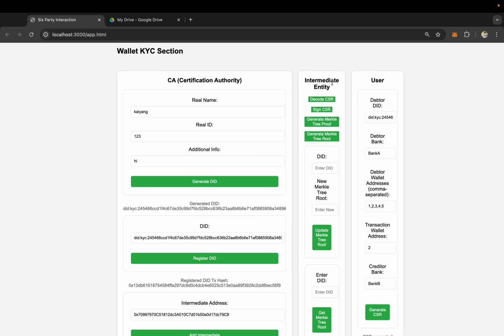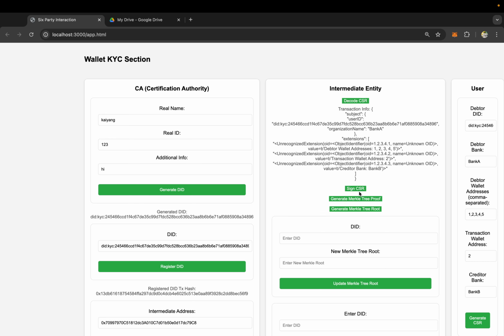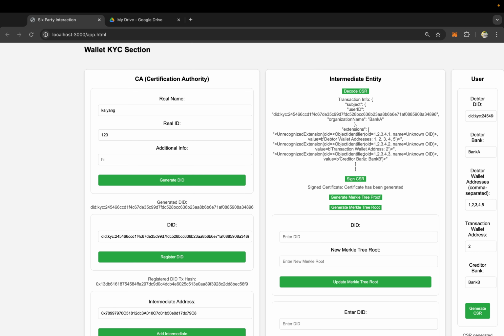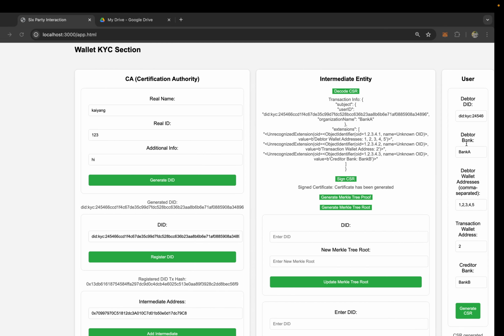Coming to the intermediate side, first they should decode the CSR to check the transaction details. Assuming everything passed the verification and checking, the intermediate will sign the CSR to generate a certificate. Okay, so right now the user has a certificate for its transaction. We assume this DID already finished several transactions in the past,